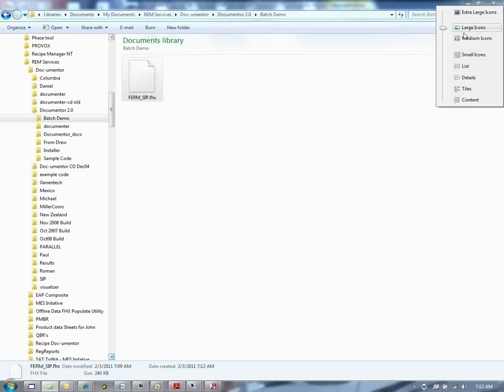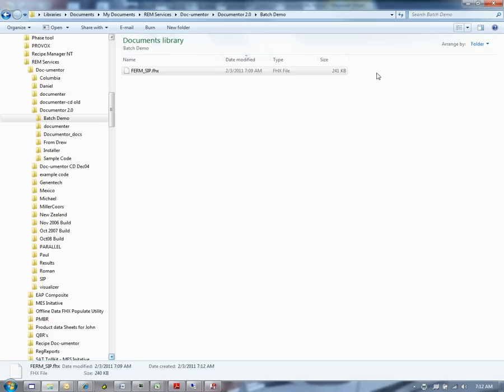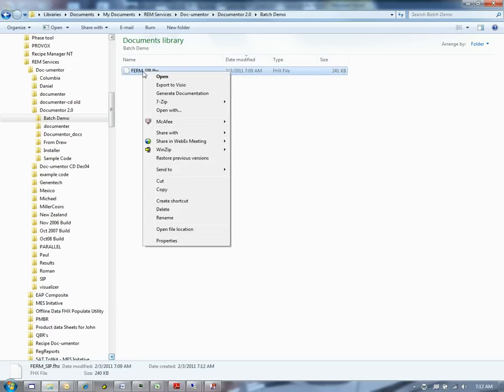Let me change the style here to details, and I'll right click on the file, and when you install Documentor, it adds two entries to the right click inside of Windows Explorer, and my choices are Generate Documentation. So I'm going to first click on Generate Documentation,